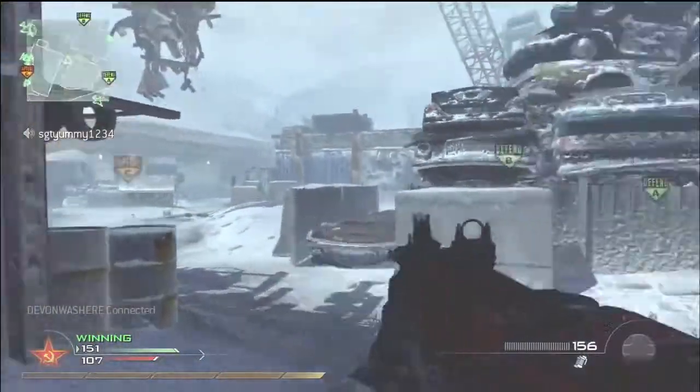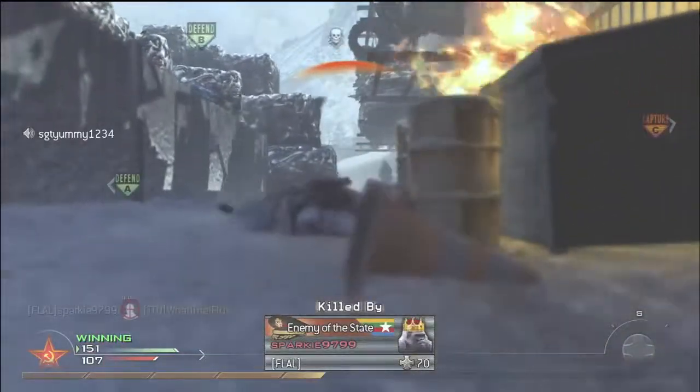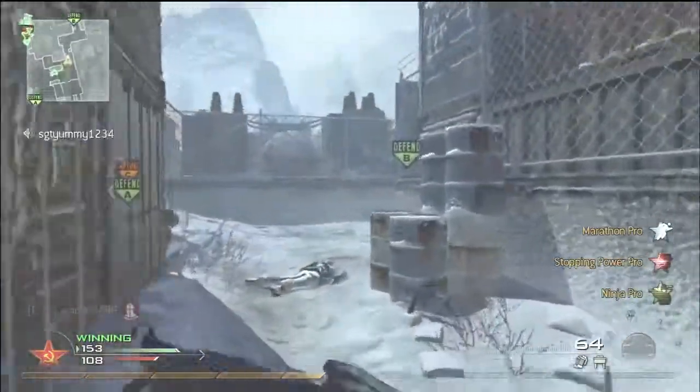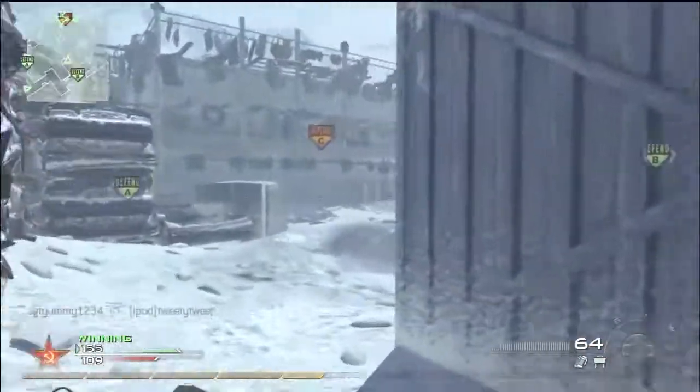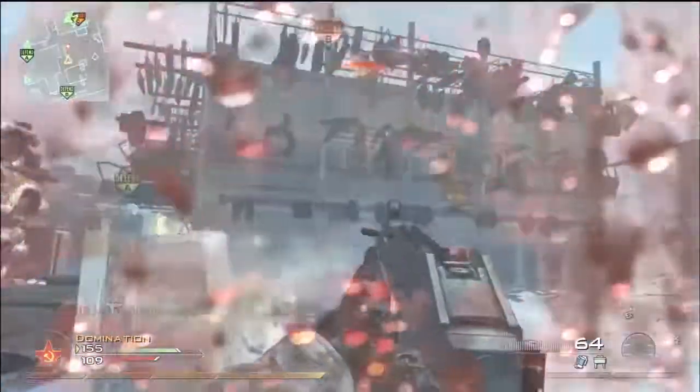Some other guns you could probably use. I mean, obviously you can get away with the assault rifles. I would definitely not recommend sniping. Sniping is probably one of the worst on this map. I mean, if you're a quickscoper, it doesn't really matter to you. If you're somebody who just runs around like